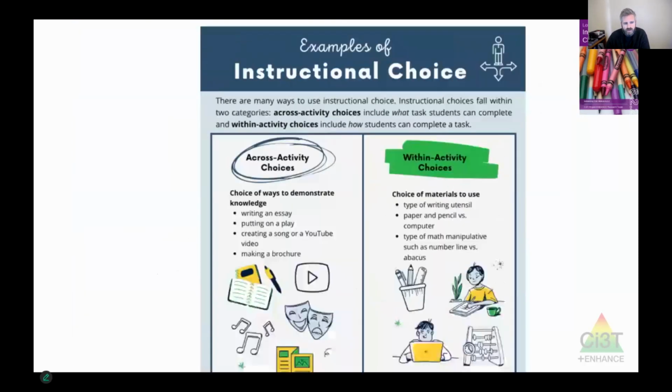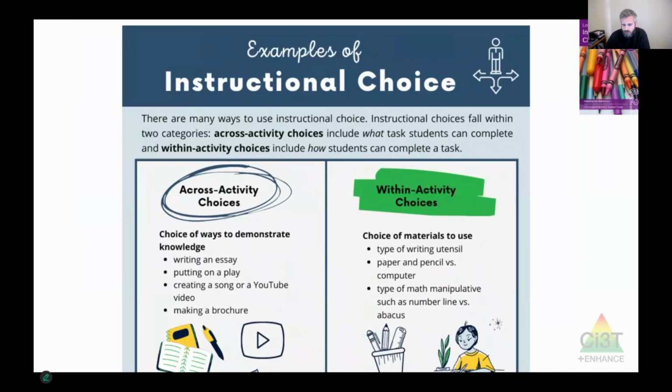Let's start by digging into this idea of across activity choices and within activity choices. I don't think these are the only dimensions to think about choice. I think there's other things that we want to think about too, but it's a really helpful starting point if you're trying to generate ideas for, okay, what are potential options for things I could give my students to choose? Thinking about it in terms of tasks is a really great place to start. So across activity choices are where you're literally letting the student choose different things that they could do. I love across activity choices, especially when you think about how this relates to something like universal design for learning.